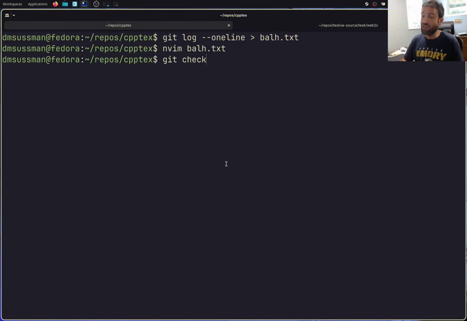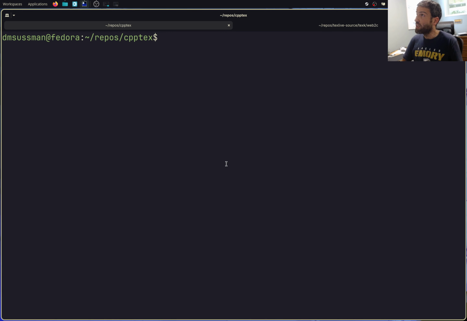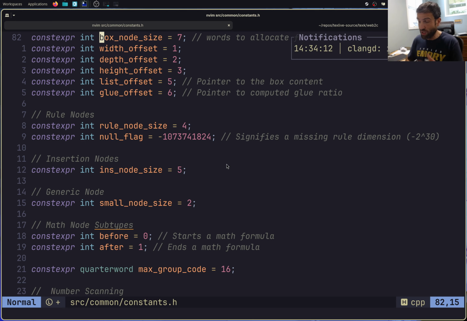So what I'll do is I'll check out that commit, and let me show you a little bit about how this code used to be organized when I was working on it in the early days, how I thought about refactoring it, and then what it kind of looks like now. So the first thing that I want to show is maybe source common. It was in constants, where what I did was basically